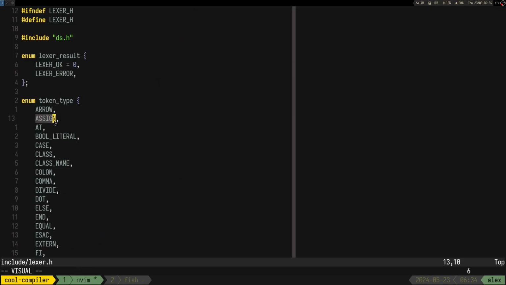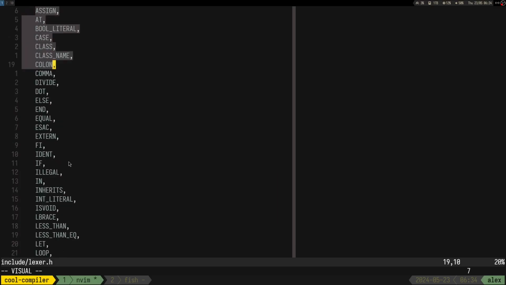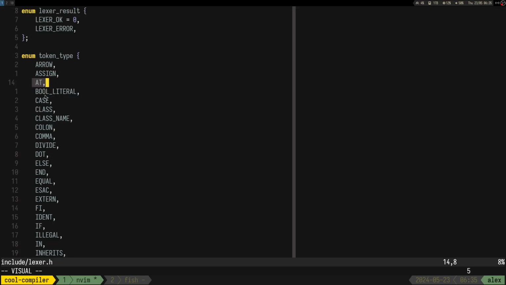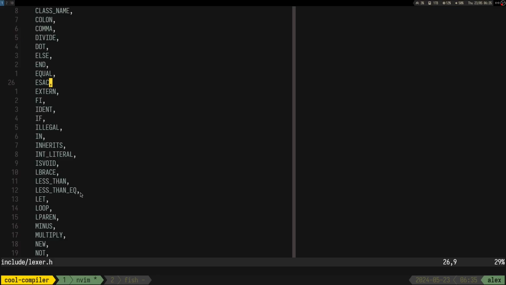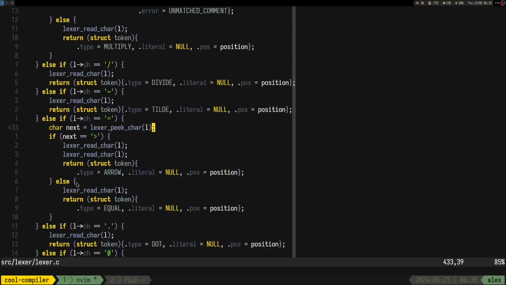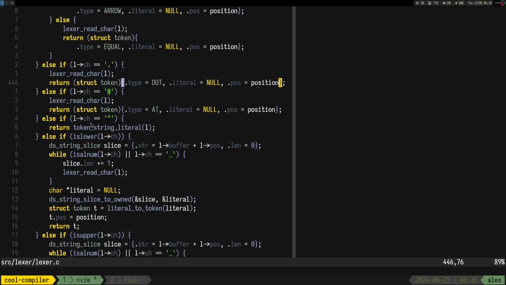So yeah, I guess we have a sign and probably equal. And I would say that the rest of the simple tokens, like the symbols, are extremely easy to do. So we can just skip them. Right? And I think the next interesting one, like check if it's dot, then create a dot. So it's pretty simple. I mean, string literal might be interesting, but I would say that it's really similar to